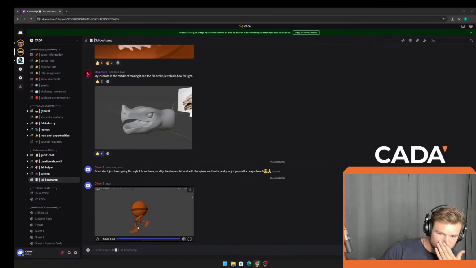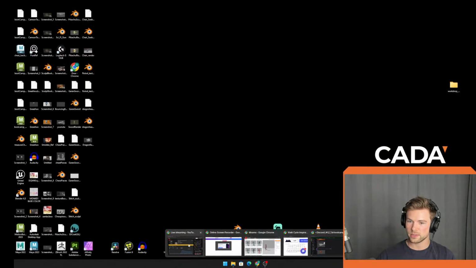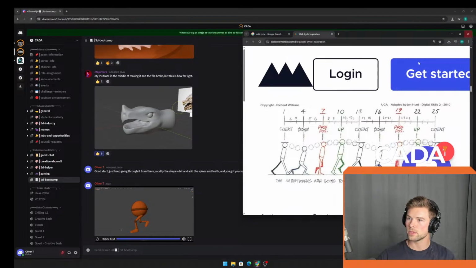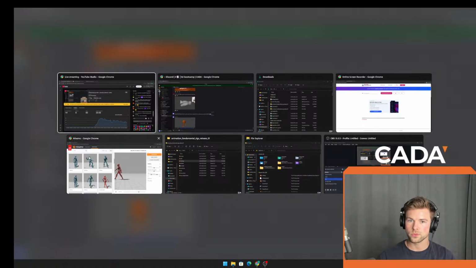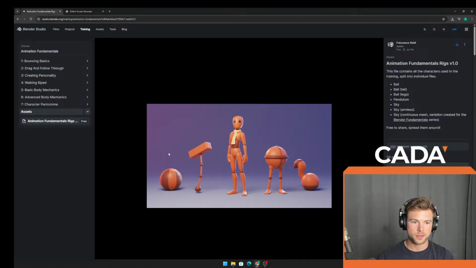So even if you don't post anything right now, you can put it up later if you want to fiddle with it a bit more, or you want to try something else. You can download all of the rigs that are here. Where did I find it? Where was it? In here. If it was too easy, download a full rig and use the arms too. Too hard, just play around with a bouncing ball. Everything is